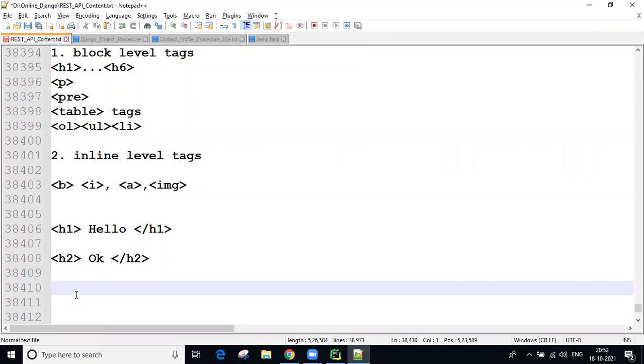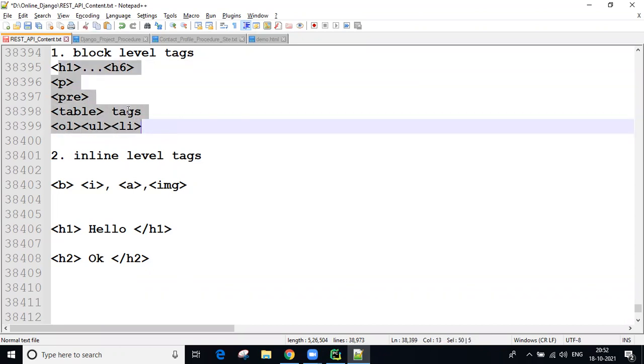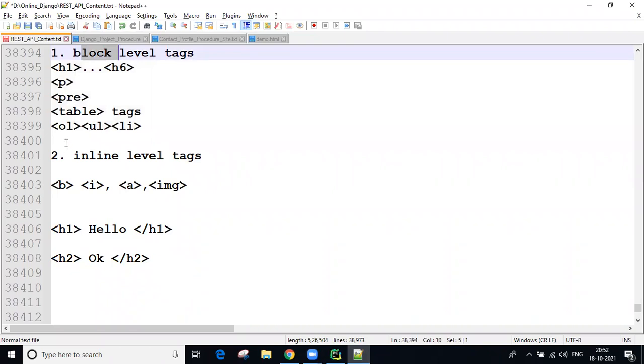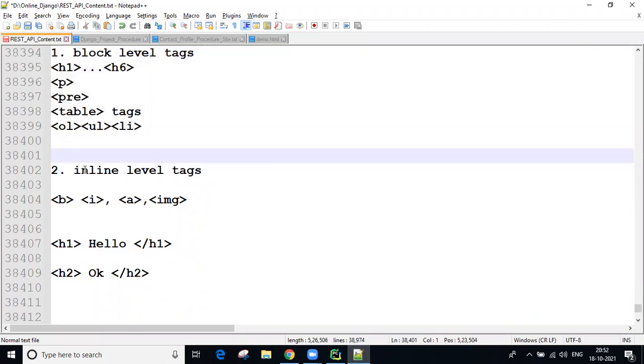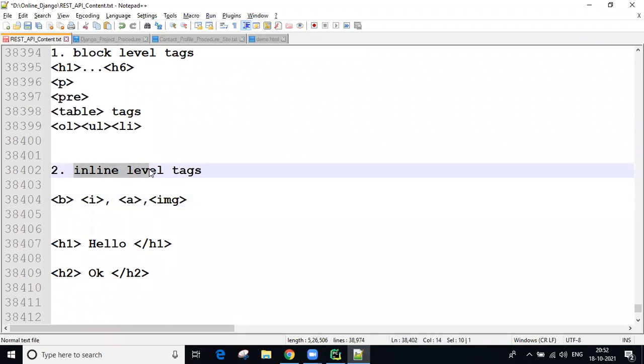Small points. And some people ask, sir, how can we remember which tags come under block level and which come under inline? Based on your practice only, you will remember slowly. So whenever I use anchor elements, two anchor elements are displayed side by side, that's why I can understand: okay, anchor elements come under inline behavior. Side by side displaying, so anchor comes under inline. We need to get confirmation like that whenever you are doing the practice.